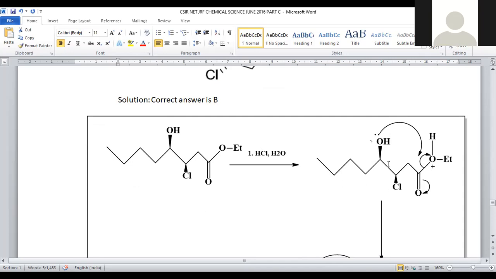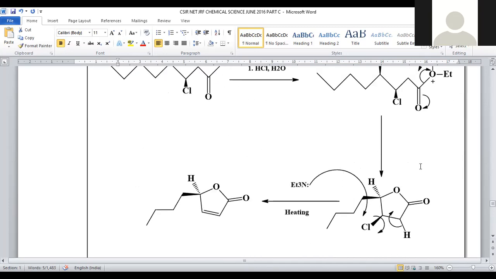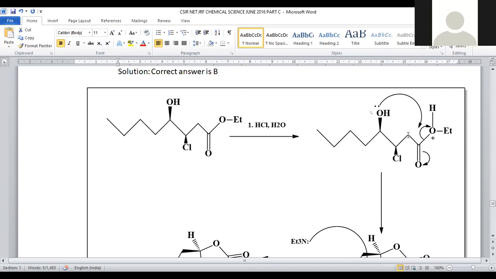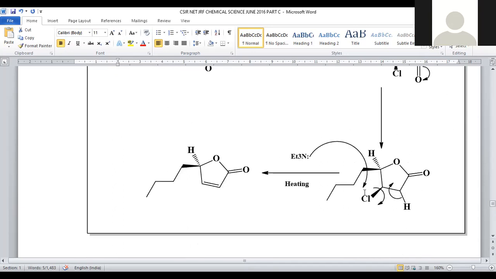The formed oxonium ion will be highly unstable, so in a suitable position, we have the hydroxy functional group associated with 2 lone pairs of electrons. This will be cyclized in this manner, and with subsequent shifting of the carbonyl group, this ethanol moiety will be discarded from the system. Ethanol is removed as a byproduct. And here we got a 1, 2, 3, 4, 5 membered ring system. A 5 membered ring system is generated. Here you can see the C double bond O. This is called a lactone ring.